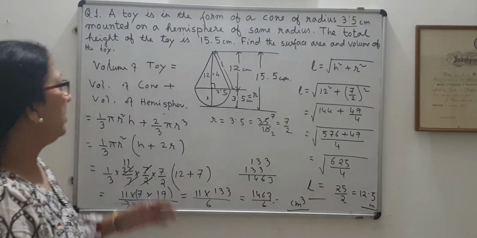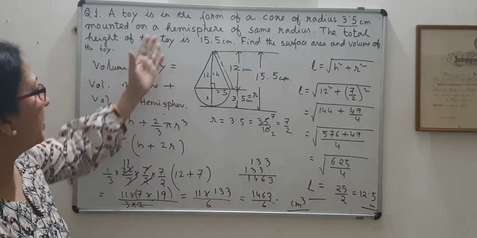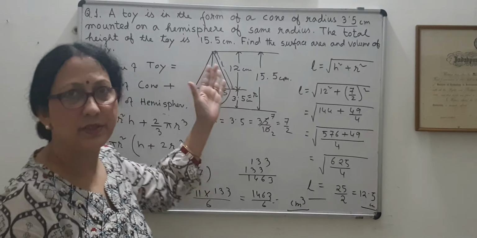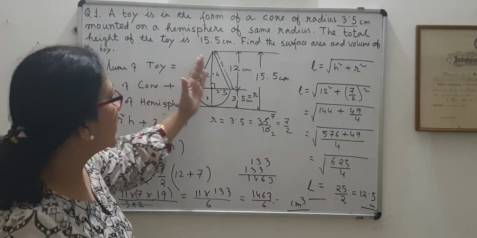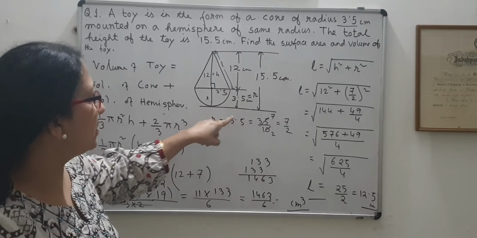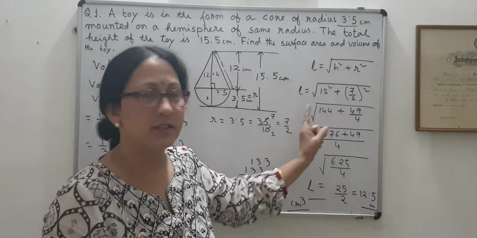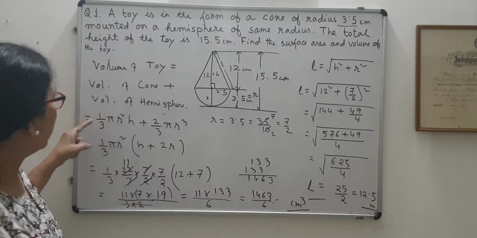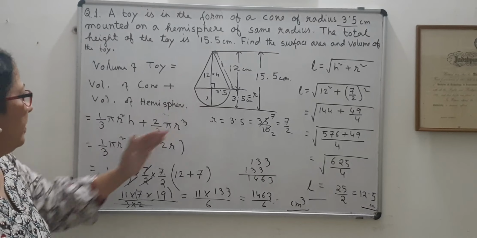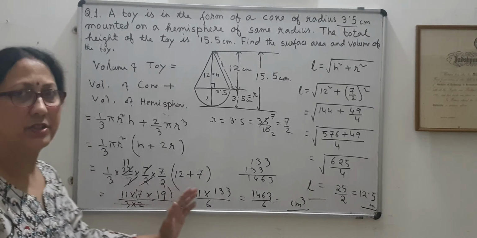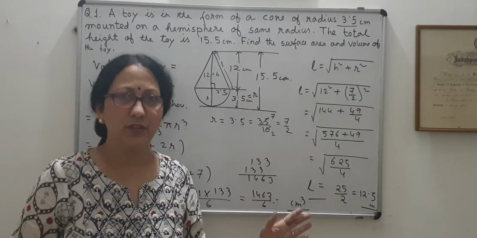So in this way we solve this kind of question with a combination of basic solids. The main thing is to draw the cross-sectional diagram showing the dimensions, and the calculation technique: avoiding decimals, converting decimals into fractions, and then finding them together and taking common, so that my calculation becomes easy. So that's all for today.